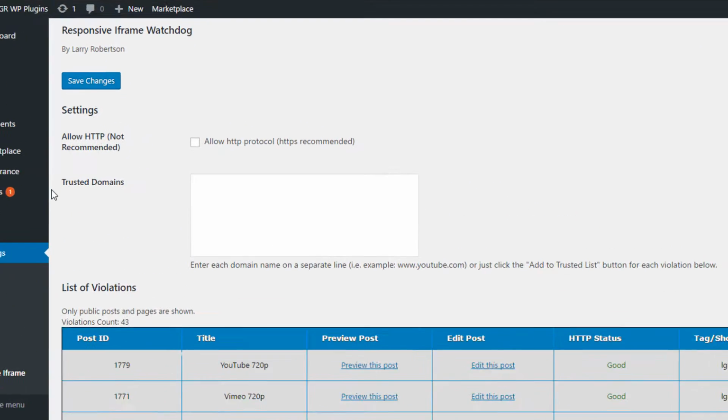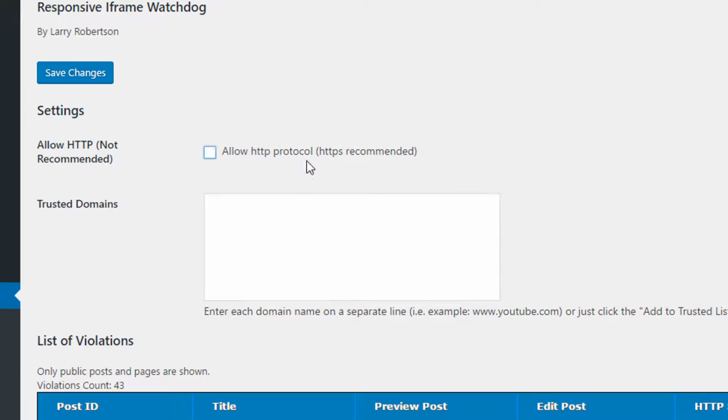There are basically two settings here. First of which is whether or not you want to allow an HTTP protocol. By default, it's off, and that's highly recommended that you leave it off. That way, HTTPS with SSL is required. All right. So the trusted list of domain names here will usually have a list of domain names in it,